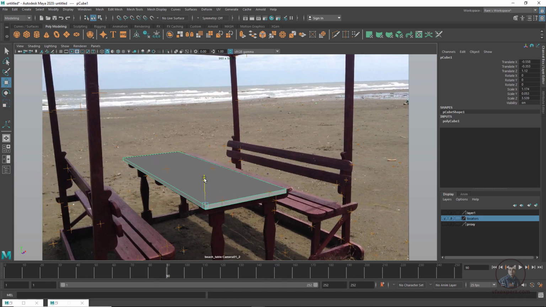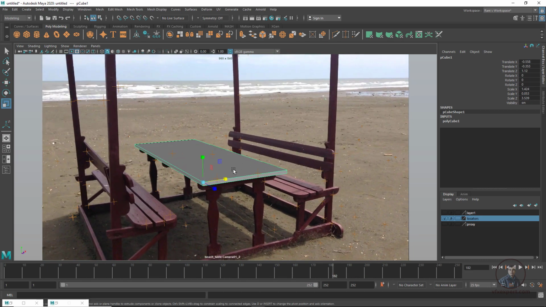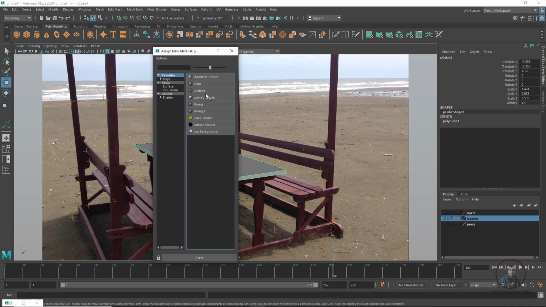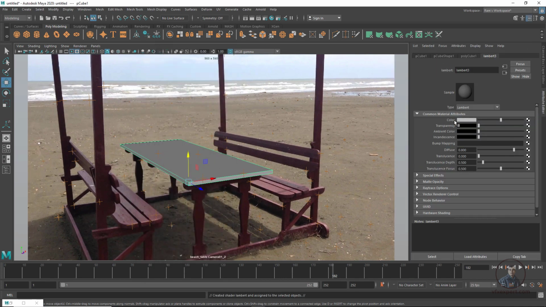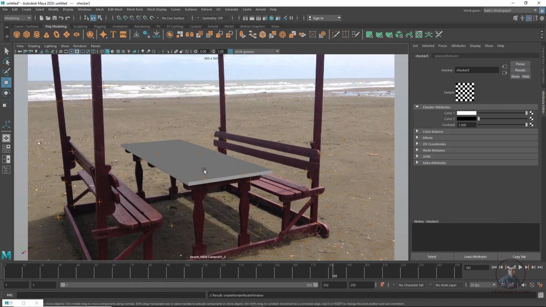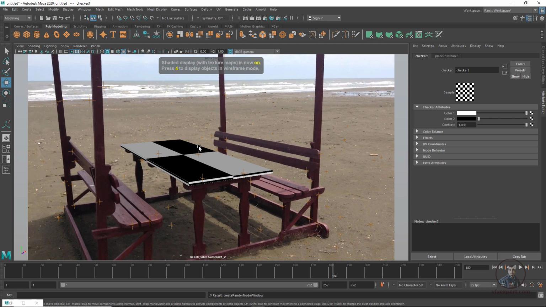After this, if you want, you can assign any textures or a checkerboard here. Select, right click, assign a new material, then click on Lambert. After this, from color, click here, then from here you can assign a texture. Now press 6, and you can easily see your texture here.